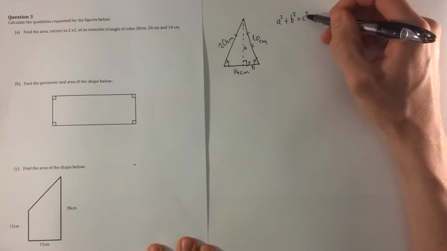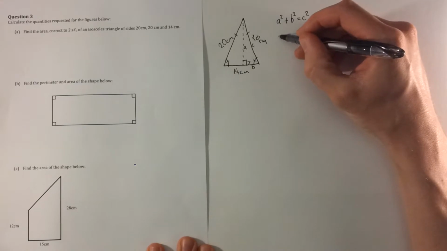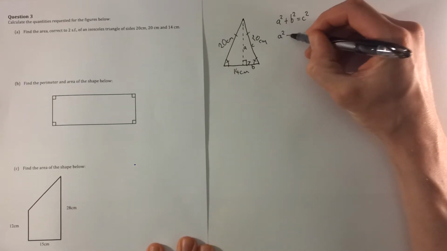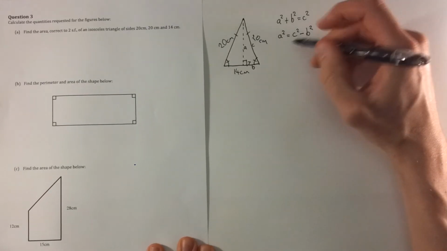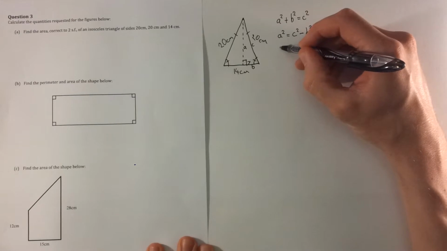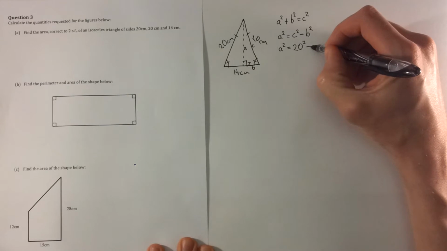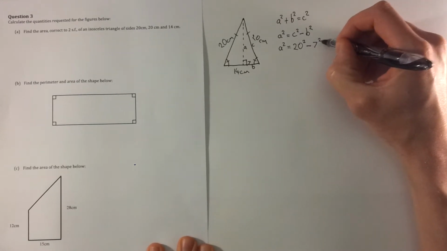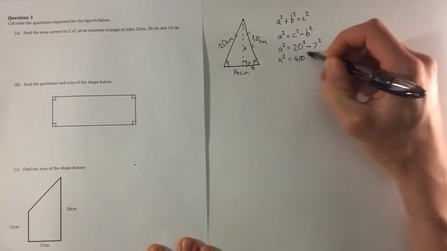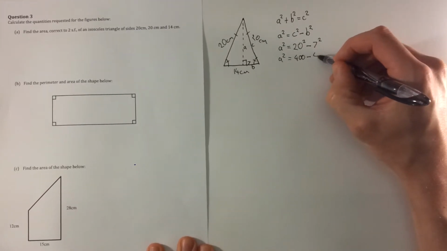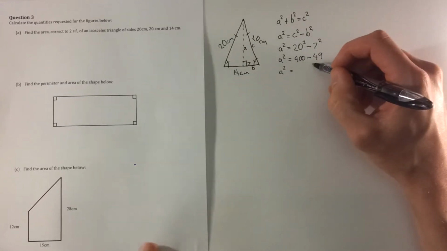So in order to transpose this, all we've got to do is subtract B squared from both sides. That'll leave A squared by itself over here. So A squared is equal to C squared minus B squared, and therefore A squared will be equal to 20 squared minus 7 squared. So therefore A squared is equal to 400 minus 49,